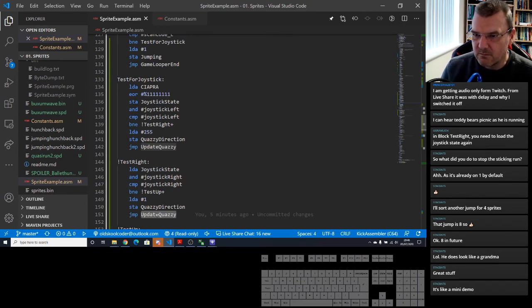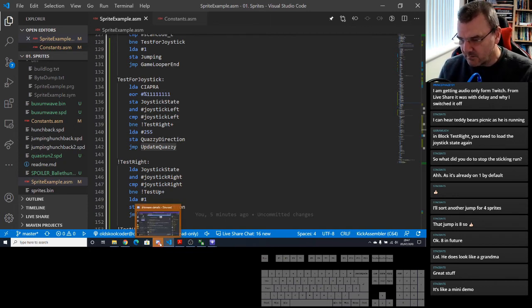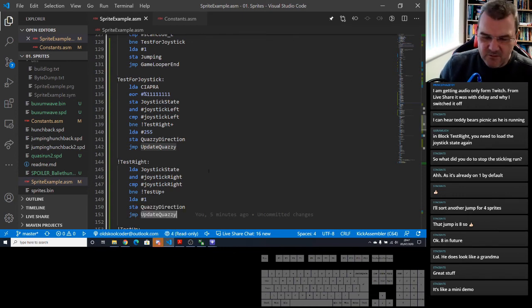Yeah, it is like a mini demo. We're trying to understand the simple mechanics. These are not the mechanics of the games. These are simple mechanics of getting a sprite on the screen. How do we animate it? How do we control it? So we've learned how to control it via the keyboard. We've learned how to control it by the joystick. Plus, we've seen your new sprites, even though when he jumps, he looks like a grandma.